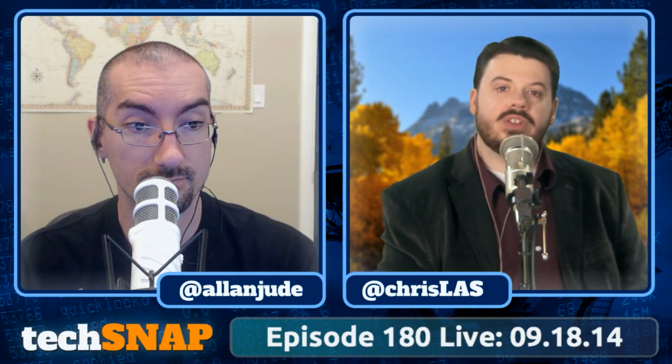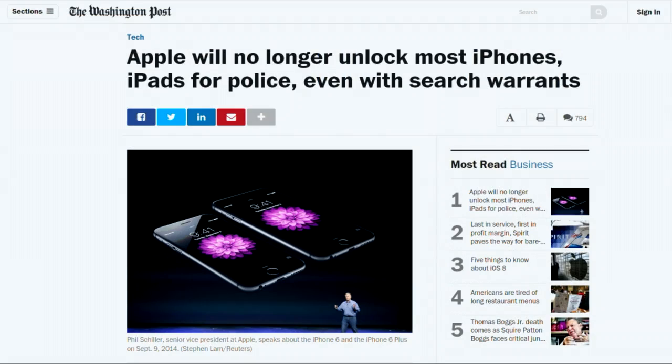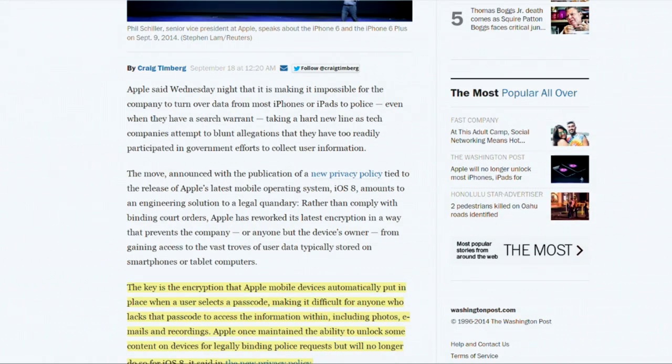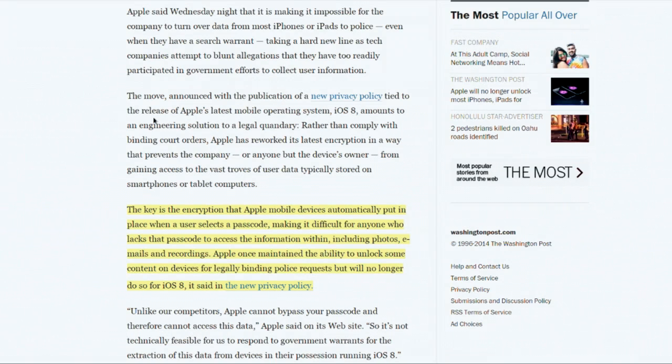But anyway, there's some interesting discussion there, and if you're interested in that topic, you can read more. All right. So now grab your table salt and prepare to indulge, because I'm not sure exactly if we can trust it, but Apple says, starting with iOS 8, they'll no longer be able to decrypt iOS 8 phones, even for a valid law enforcement warrant. Now, I'm not exactly sure how they're accomplishing this. However, a post over on the Washington Post seems to imply that the way they're doing this is essentially Apple was in the past storing a version of your key and now no longer is.